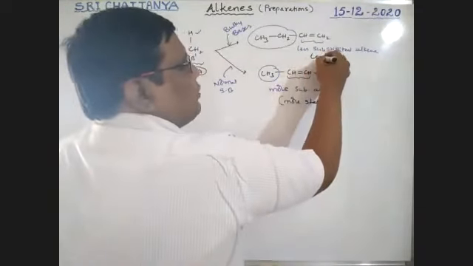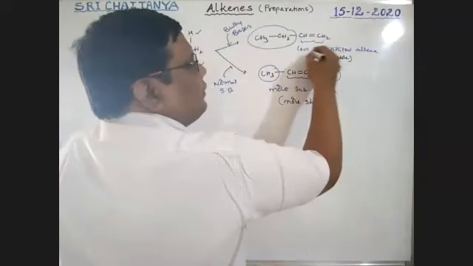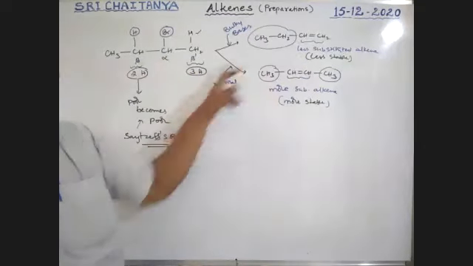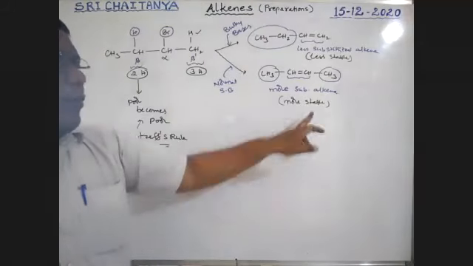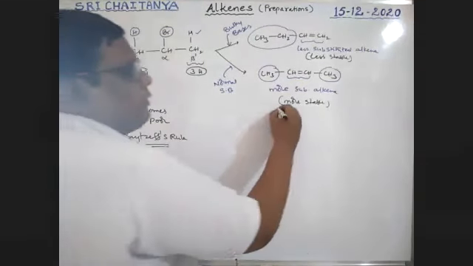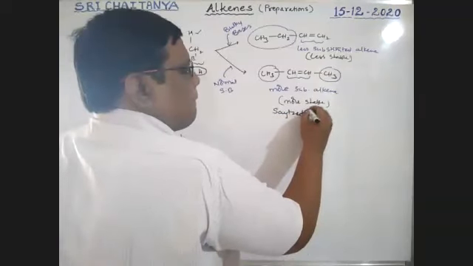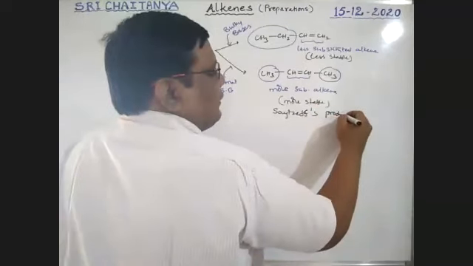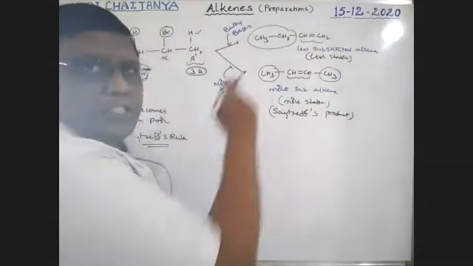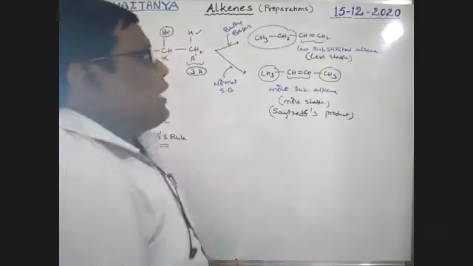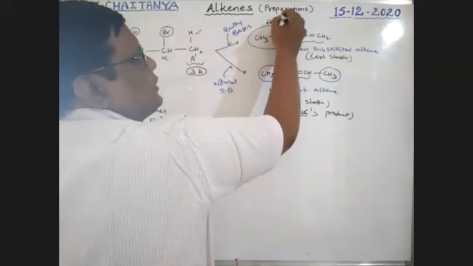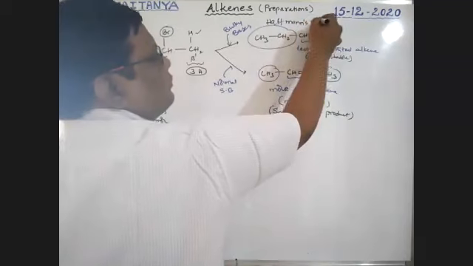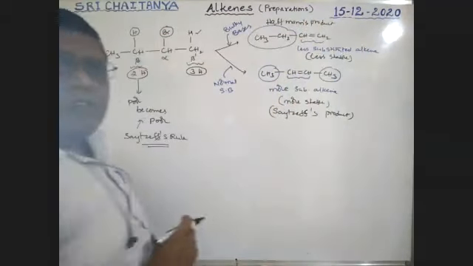This alkene is the less stable one. Even though it is less stable, bulky groups give this less stable alkene. Normal strong bases give the more stable alkene. The more stable alkene is nothing but the Saytzeff product. According to the Saytzeff rule, this is the product. The Saytzeff product is the answer. This less substituted alkene is formed, which is observed by Hofmann. That is why this is called the Hofmann product. This is nothing but the Hofmann product.